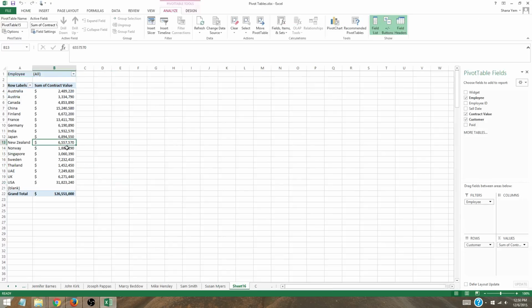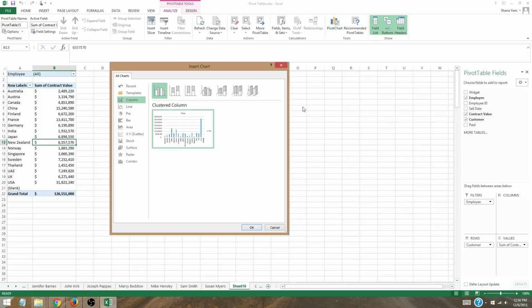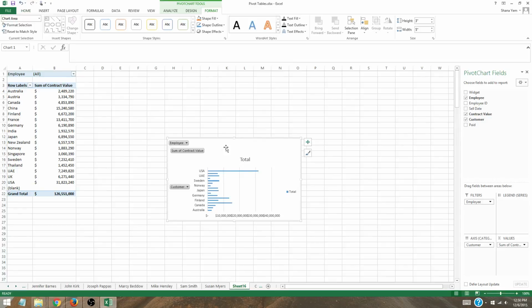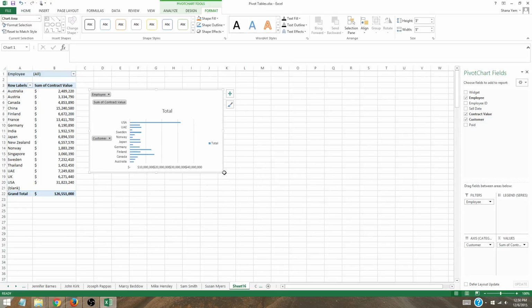So for our full data here, a lot of times when you're reporting this sort of information in meetings, etc., people like to see data graphically rather than in a pivot table like this. So Excel has this really useful tool called Pivot Chart. And so while you're clicked into your pivot table, you can hit Pivot Chart, and it'll actually create graphs for you, and you have all these different types of charts to choose from. And you can actually create these dynamic charts which will show the information on this pivot table in a more